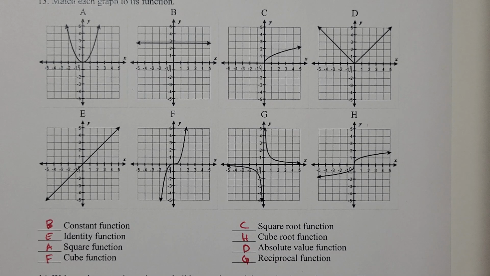And so what that means is that I have an asymptote on the x and y axes. Okay, we're going to talk a lot about asymptotes and things like that in chapter 4 when we do this stuff again. Okay, so G is going to go with the reciprocal function,